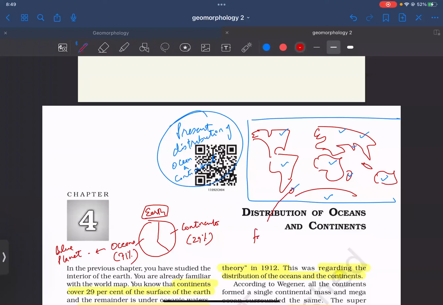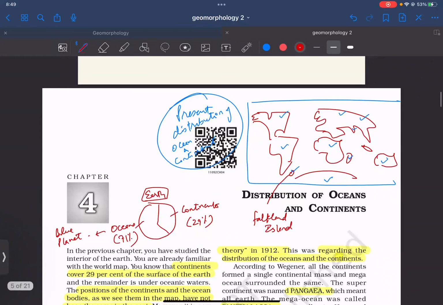ये क्या है, फॉकलैंड आइलैंड, ये एक्चुअली न्यूज़ में था अभी रिसेंटली। फॉकलैंड आइलैंड इज अंडर द इंग्लैंड, और यहाँ पे अभी एक कॉन्फ्रेंस हेल्ड हुई थी जहाँ पे इंडिया और अर्जेंटीना ने मिलके इंग्लैंड के साथ कॉन्फ्रेंस की थी। तो फॉकलैंड आइलैंड इंपॉर्टेंट है। याद करो फॉकलैंड करंट, ओशन करंट्स में कोल्ड ओशन करंट।